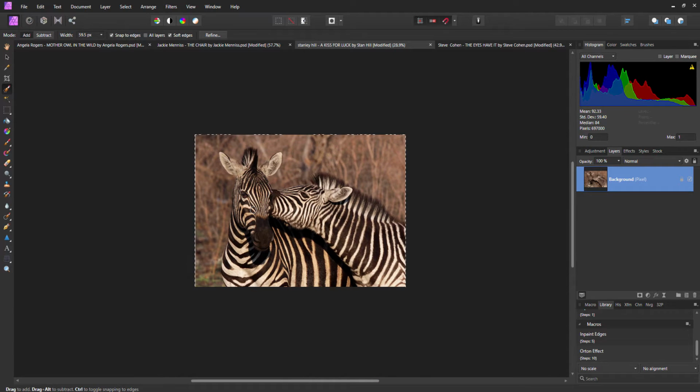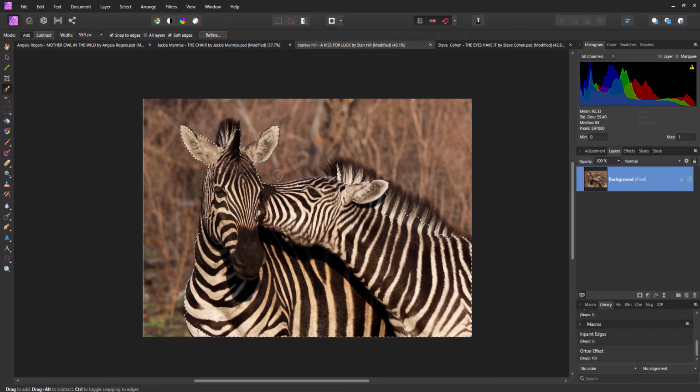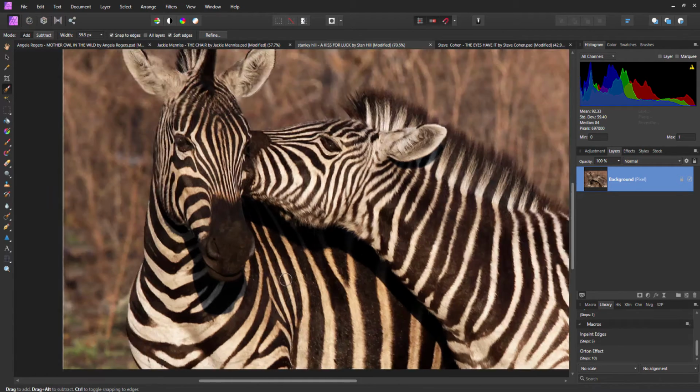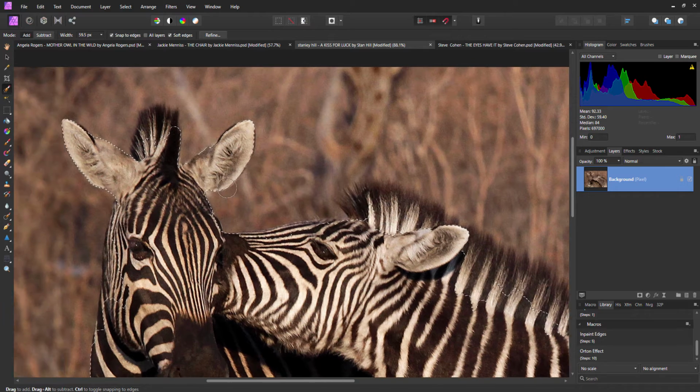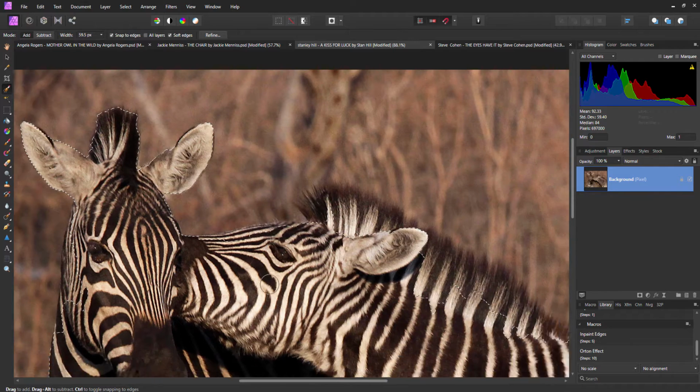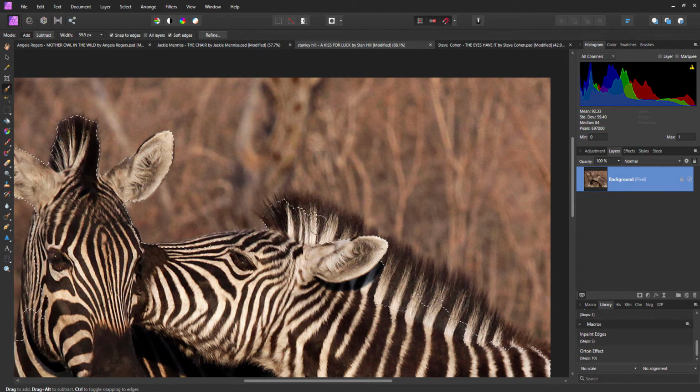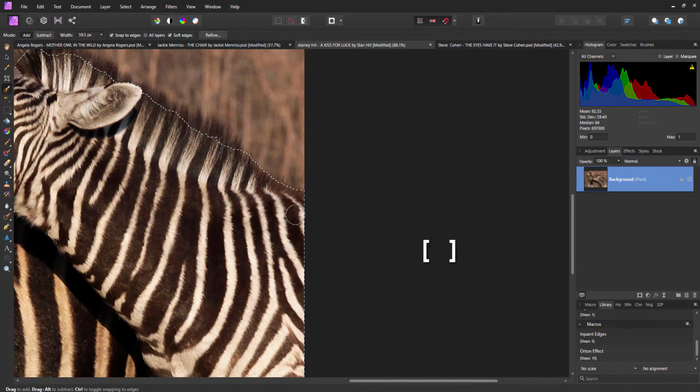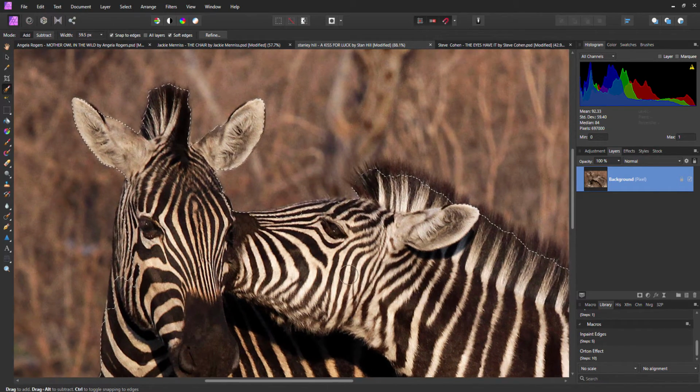Just Control Z. Where I went off onto the edge, it actually selected everything. So Control Z just takes me back a step, which is quite handy. And we just want the hair along here. There we go. And just as we did before,